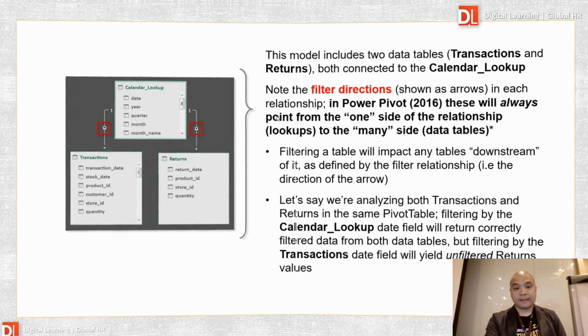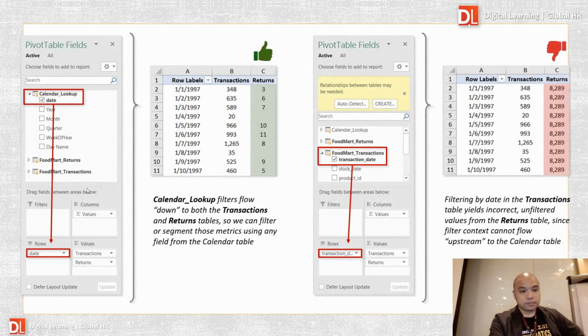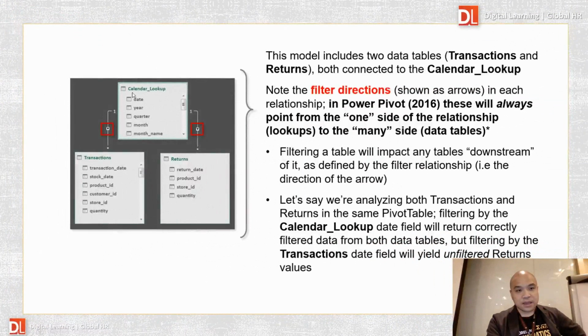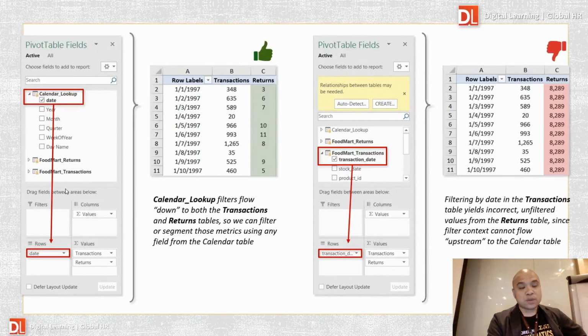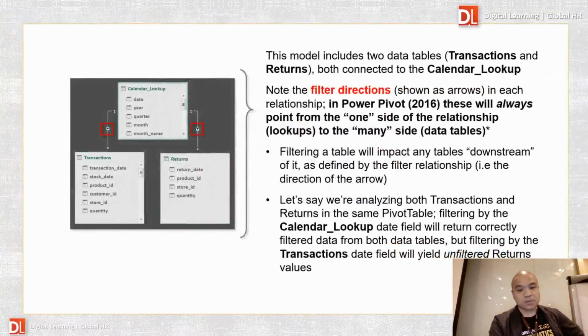So for this one, as you can see here, the calendar lookup table is in the upper stream. If the direction points from the top one to the bottom one, I will call this table the upper stream, and those tables being pointed to by the arrow side are called the lower stream. For the lower stream tables, because the calendar is the upper stream,